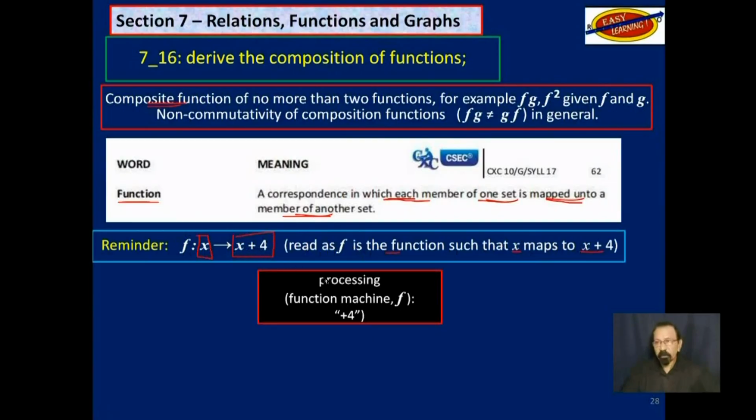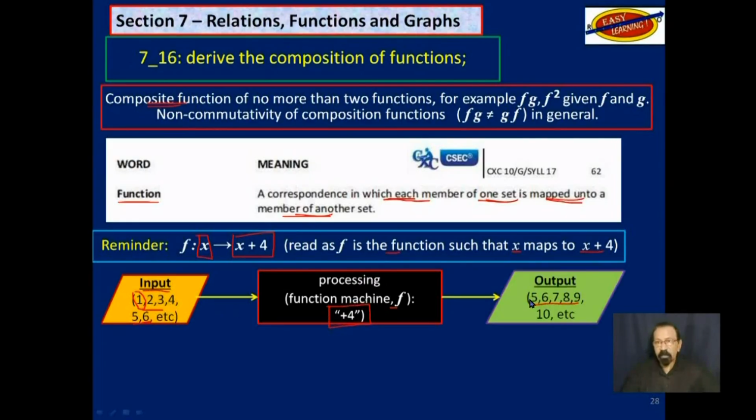Consider a processing machine. Let's call it f. What it will do, it will just add 4 to whatever you put in it. So if you input these values, it will take 1, add 4 to it and output here, and then take 2 and so on. So you are going to get these values as output. So this here will be the domain, and over here, this will be the range. In this case, it is actually the range from the codomain.